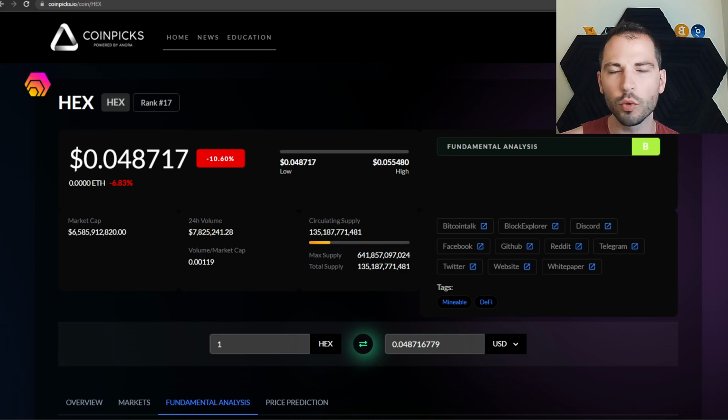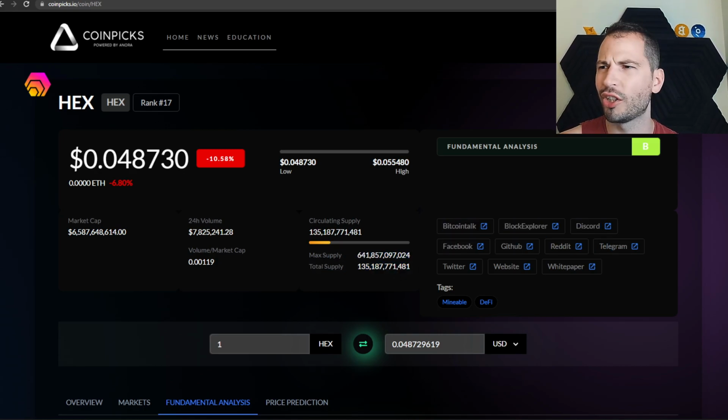So when it comes to HEX, I just want to point out a few things here, guys. It definitely is gatekept. Here on Coinpix, it is ranked 17, but on many other metric sites such as CoinMarketCap and CoinGecko, it's ranked like 200 and some. It's kind of insane. Basically it says it has a really small market cap or it's unclear. But here on Coinpix, it does say it has around a $6.5 billion market cap. And right here is the supply. Take note of all that stuff right there. Just keep that in mind as we go through this.